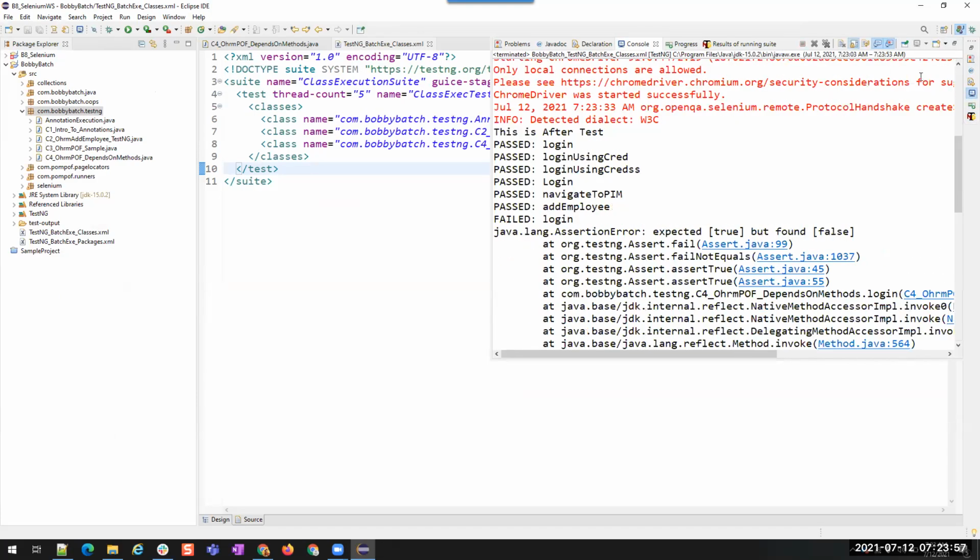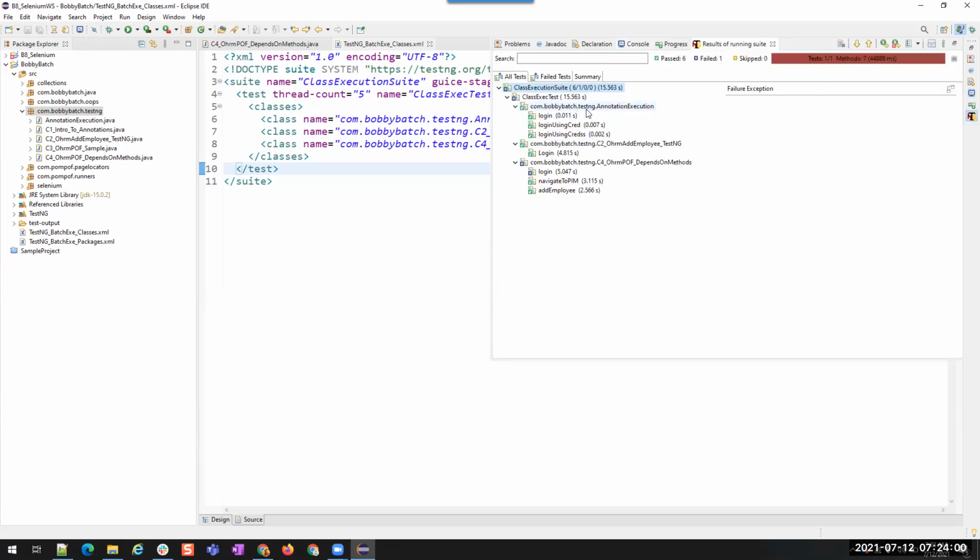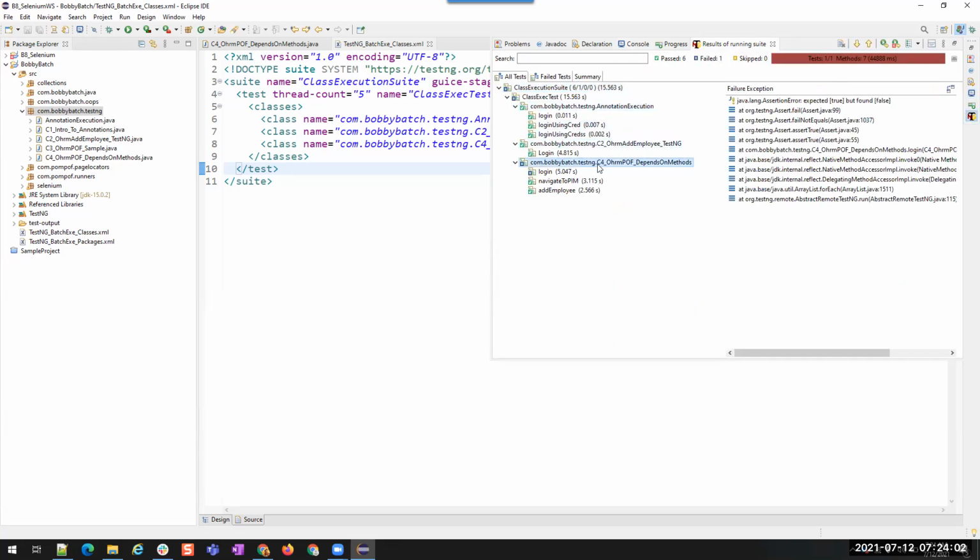Now you see all of the three classes got executed. You see how many classes are there now? Only three, right? If you want to execute particular classes, you can mention them under the classes tag.